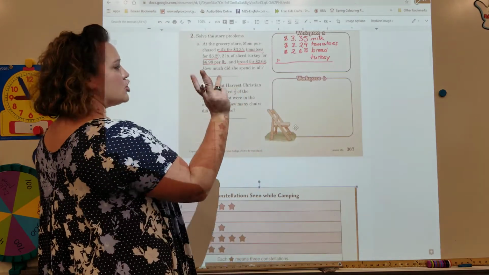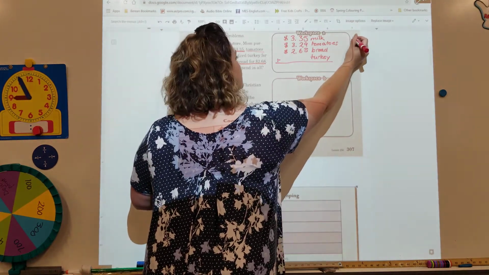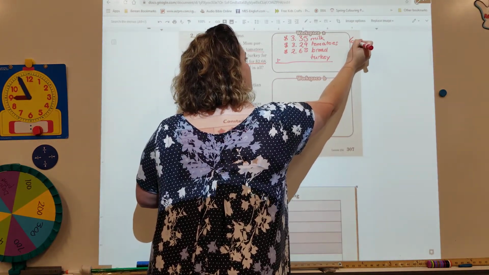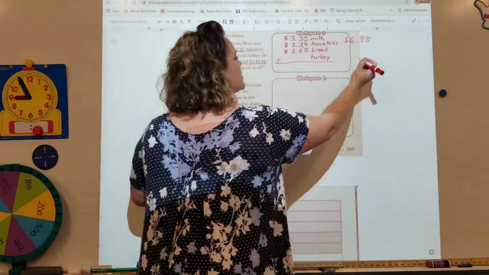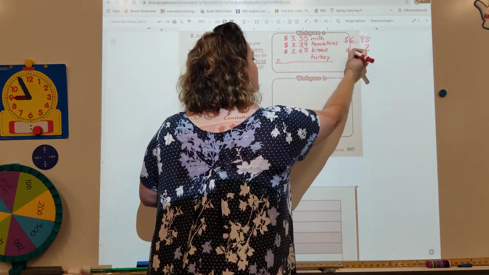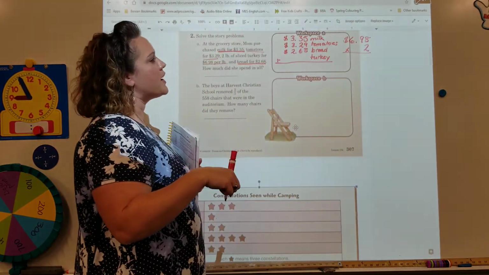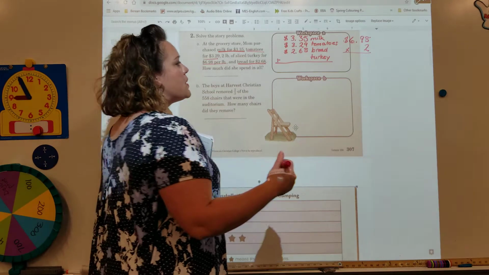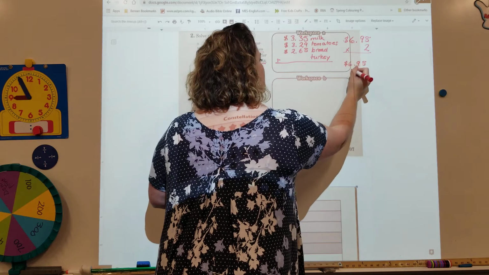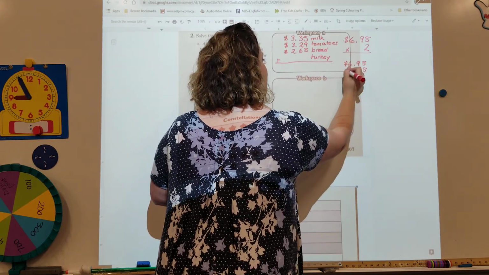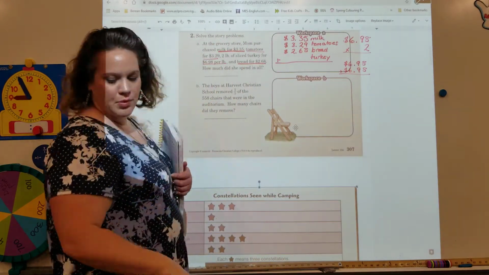So we know that she had 2 pounds of turkey. We know it was $6.98 per pound. So we can come over to the side and write $6.98. And she didn't buy 1 pound, she bought 2 pounds. So we're multiplying by 2. What's the other way that you could get this answer? You got it. You could simply add $6.98 together because you would have 2 of them. So you could also put $6.98 plus $6.98. So you could add them both together or you could multiply by 2. I'm going to multiply by 2 today